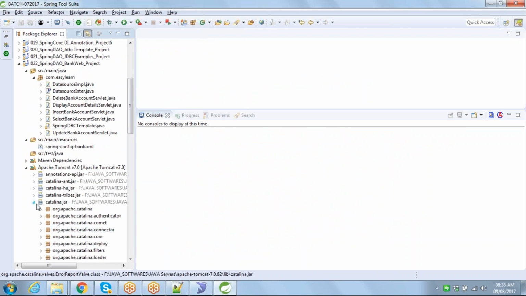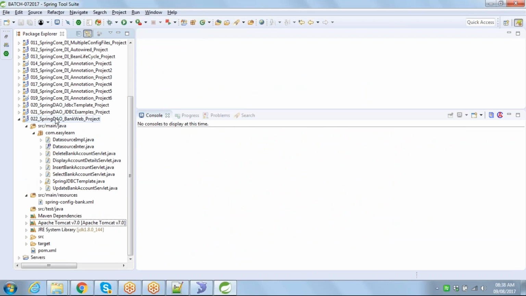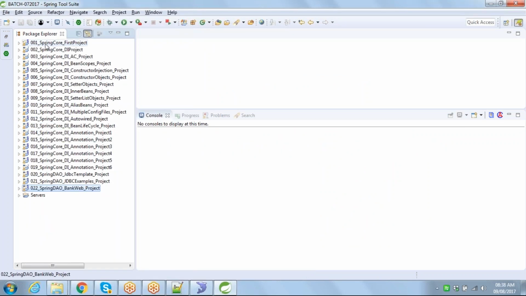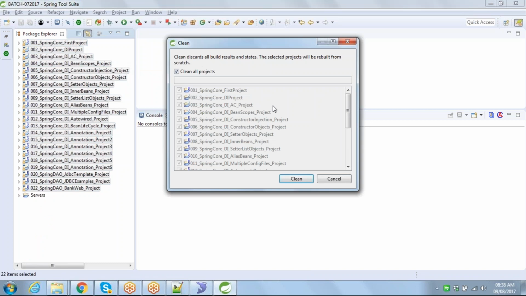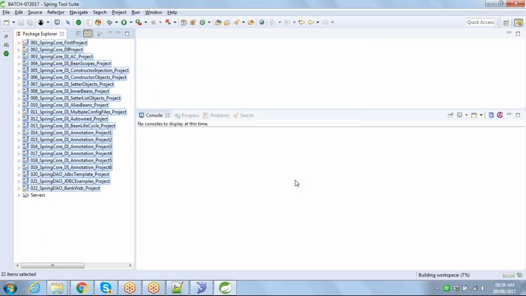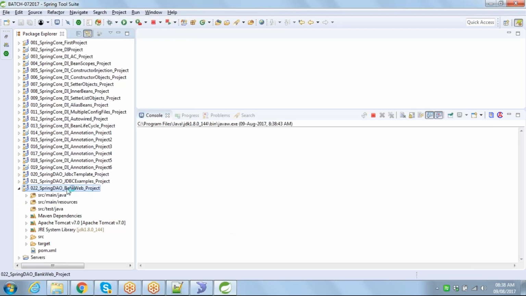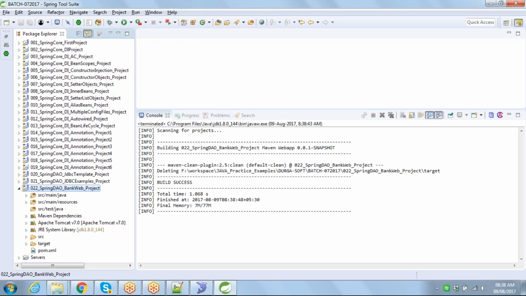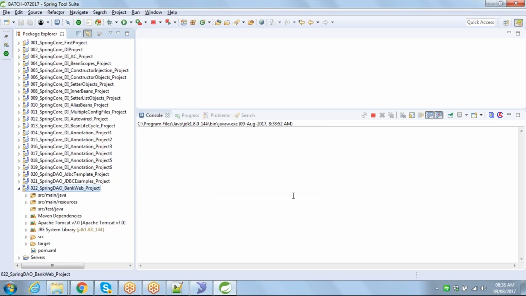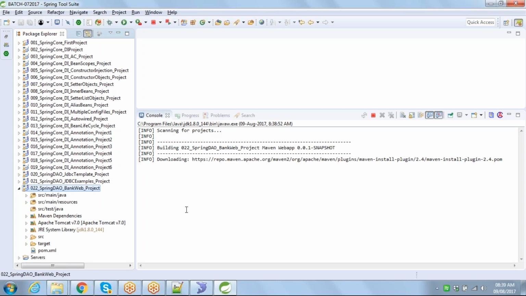So let me go back. Do one more round of clean and then deploy it. Try to refresh everything. Clean all our projects, because somewhere the context, everything will be cleaned and then new files will be generated. For this project I'll perform Maven clean. Maven build or Maven install, everything is okay. It will generate your WAR file, and then you can still